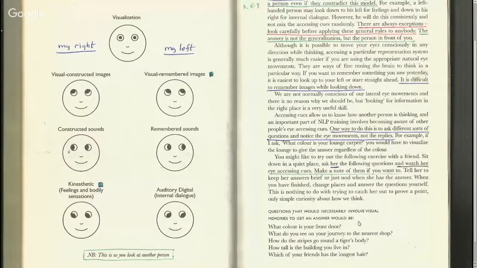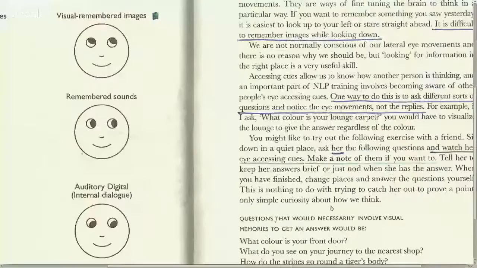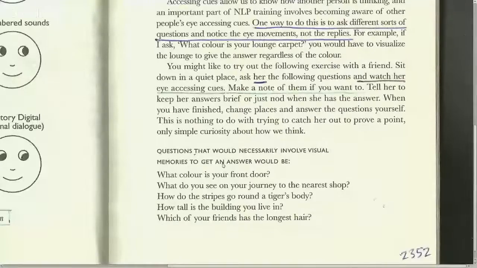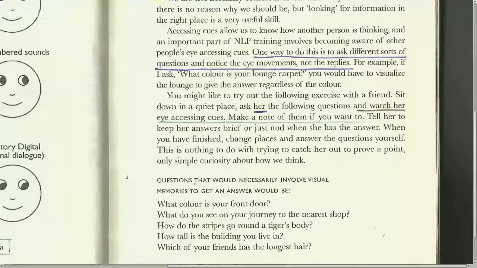Now, there's an exercise here about working with a friend with eye-accessing cues. This is the idea where you establish a baseline of what someone does when they're telling you something, because these patterns can be reversed. It's not always that someone looks to the top left when they are imagining, because some people's brains are different, but you establish